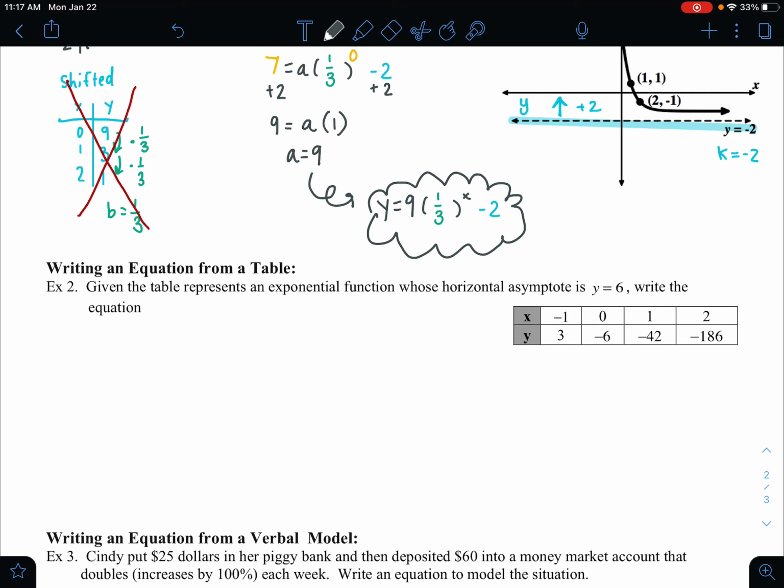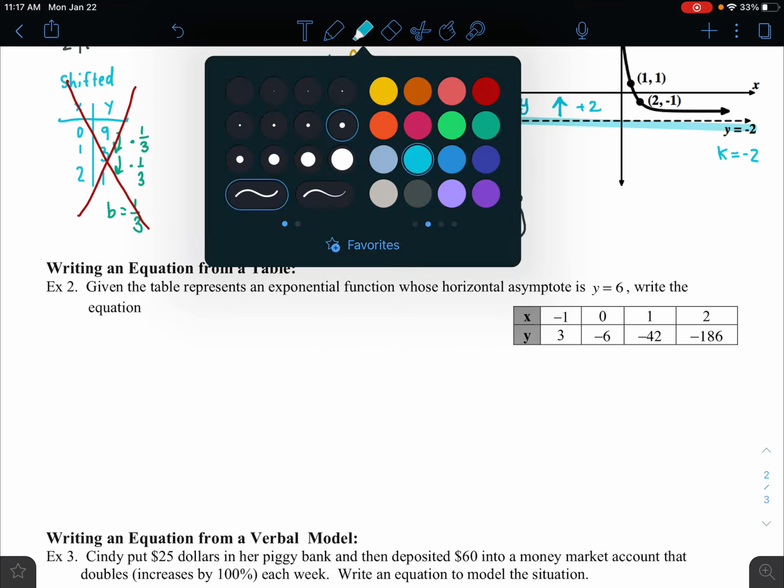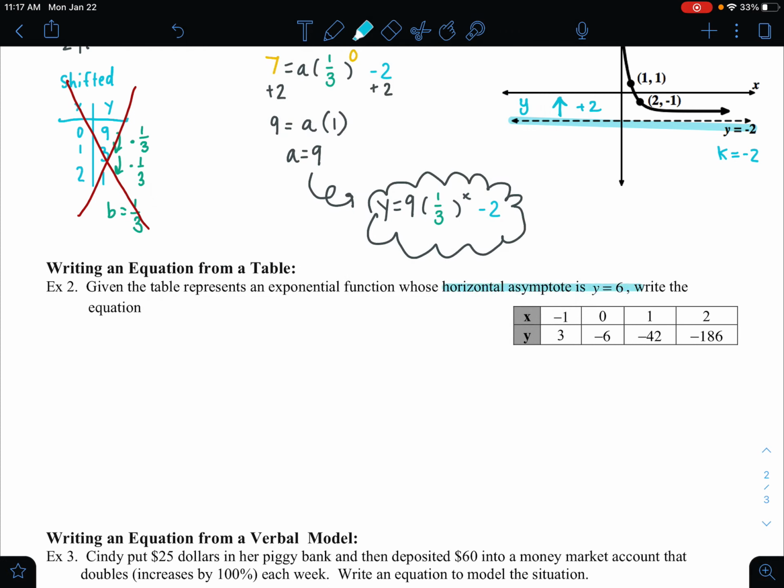All right, our next one. So we wrote an equation from a graph. Now we're going to go ahead and write one from a table. So we don't have to make a table, but we see that we have a horizontal asymptote at y equals 6. So right away in our equation, we can add that in. Y equals a b to the x